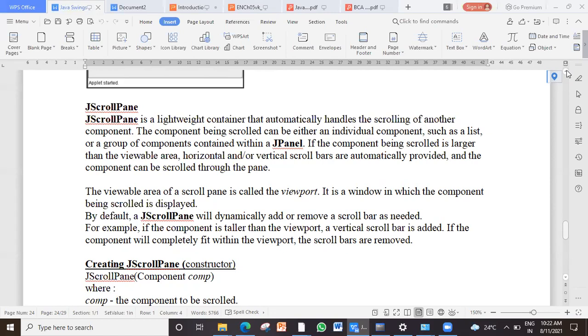A text box cannot be so big that it requires a scroll pane. It will be a series of text boxes or series of buttons placed one below the other on a panel. Then we attach a scroll pane to that panel. Got it? Fine. So when it goes beyond the viewable area, the area to be scrolled should always be more than the viewable section, as I showed you in case of this window. Clear? Yeah. So how to create a scroll pane?